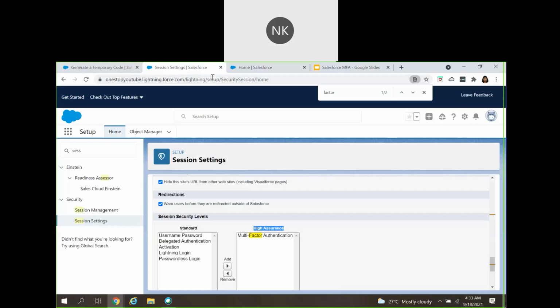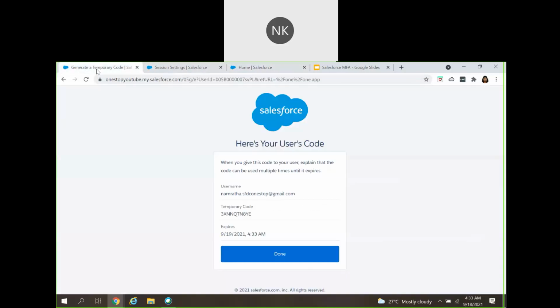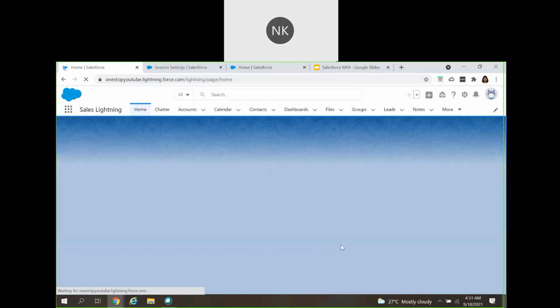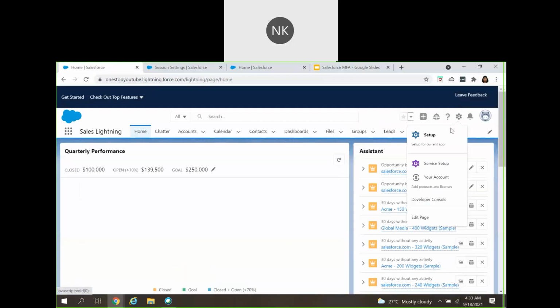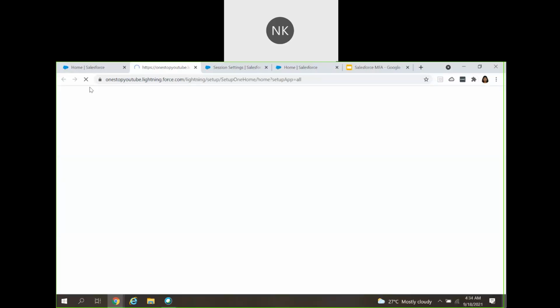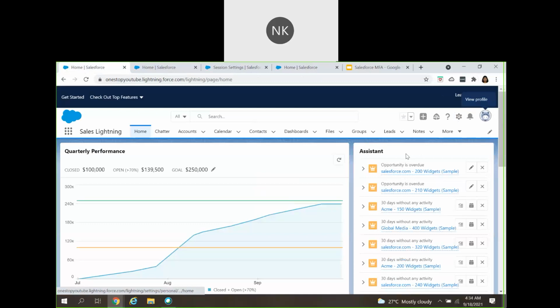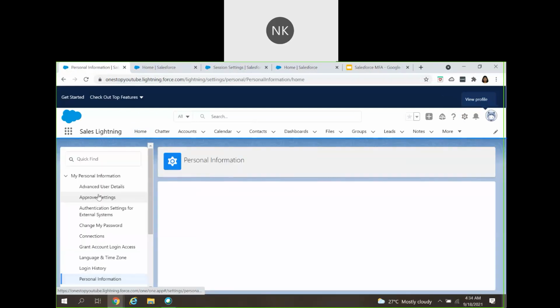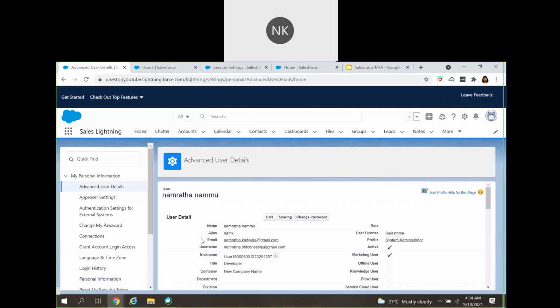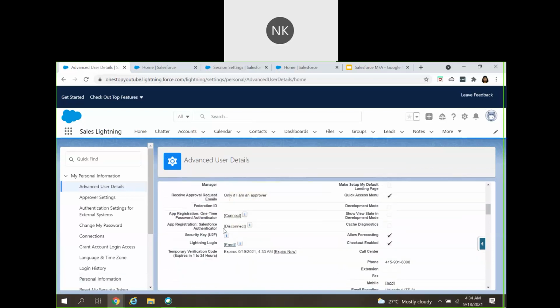Now let's go back to the same user. Now let's see how the user interface looks to the user, for the system admin. Sorry, let's go back. Settings. When I go to the settings of that particular user, advanced user details. So here you see, rather than disconnecting this, I'm using this specific recovery process. Here you see, it clearly says that it expires at so and so time.